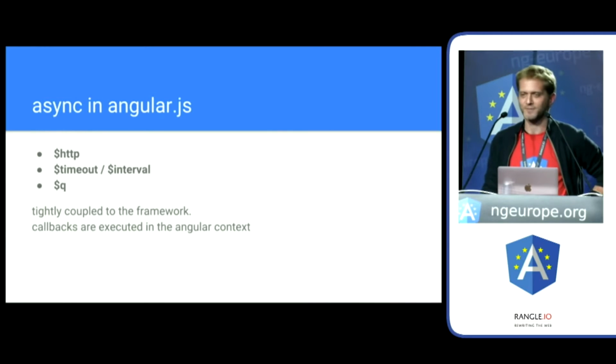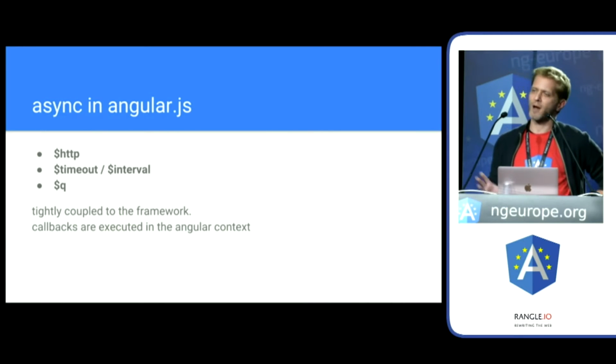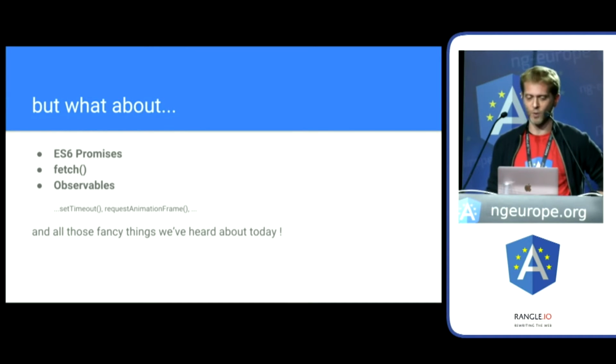What's the challenge? RxJS is all about asynchronous streams. So in Angular 1, with asynchronous, you have $http, you have the $timeout and $interval services. Why do we have these services? You all know that we need these services so that change detection in Angular 1 does work. So that's what we have. But what about ES6 promises, or fetch, or observables, and all those things that we have seen today